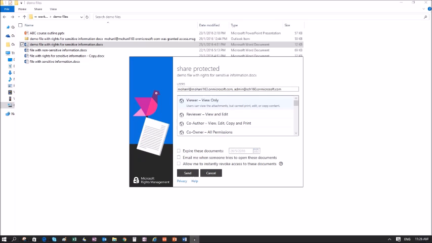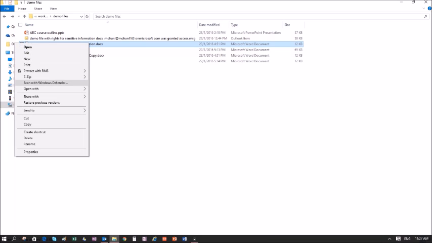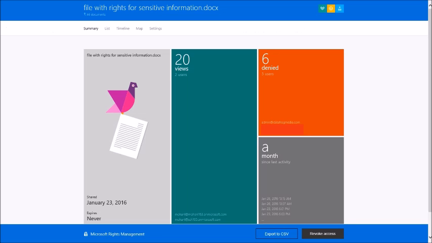He can choose to get an intimation every time anybody accesses the document, or choose to revoke it when he wishes so. Once he sends the document, it's off, and then he can use the rights management plugin to track the usage of that information. This is the summary view of the tracker that allows the user to track the viewing